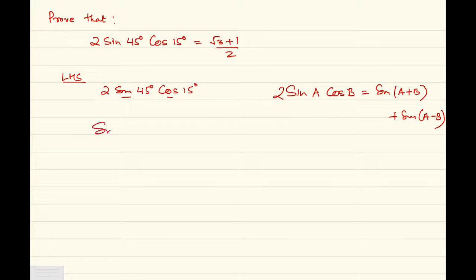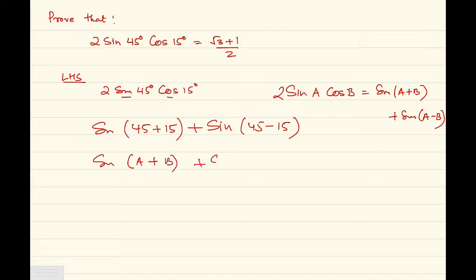So it'll be sine 45 plus 15 plus sine 45 minus 15. Doesn't it look like sine A plus B, sine A minus B, isn't it everyone? Yes, it looks exactly like that, because here A is 45, B is 15, correct everyone? Yes. Okay, now that gives me